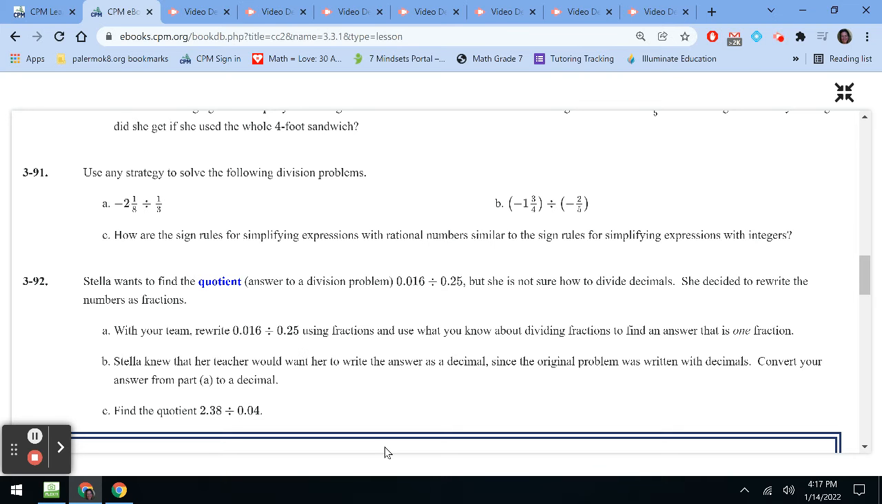Right, so the last problem for this lesson is: use any strategy to solve the following division problems. For A, we have the opposite of 2 and 1/8 divided by 1/3. For B, it's negative 1 3/4 divided by negative 2/5. So I decided with these two, I would only have us practice using A, and then we're going to answer